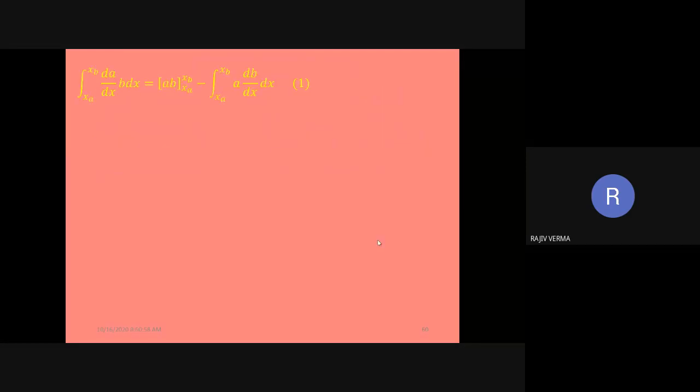So we have equation number 5 on display, that is in yellow color, and equation number 2 happens to be the residual equation. Now if you compare equation number 1 with equation number 2, we basically are comparing the terms which are present on the left hand side of the equality sign. हम equation number 1 और equation number 2 के जो left hand side की terms हैं उनको आपस में compare कर रहे हैं.